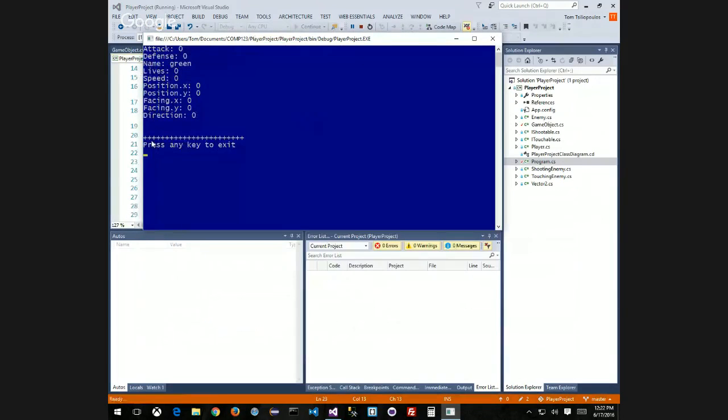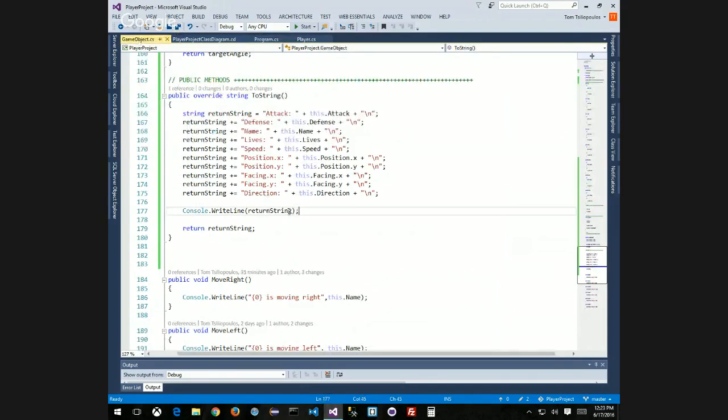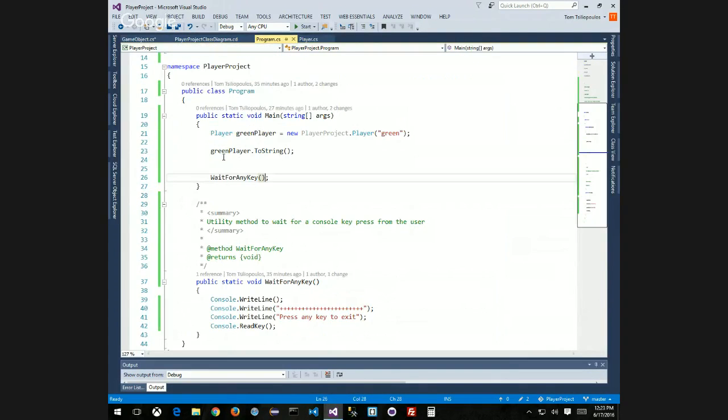Now I get it, but down here I got 0, right? This is what I'm expecting to get, 0 for my direction, right? But how come when I just do this, toString returns nothing? Well, because toString only returns a string, right? Remember how strings work. This doesn't do anything. It just gives me a string back, right? So what I need to do in order for me to make toString work properly is the following, right? Just so you guys know how this works,